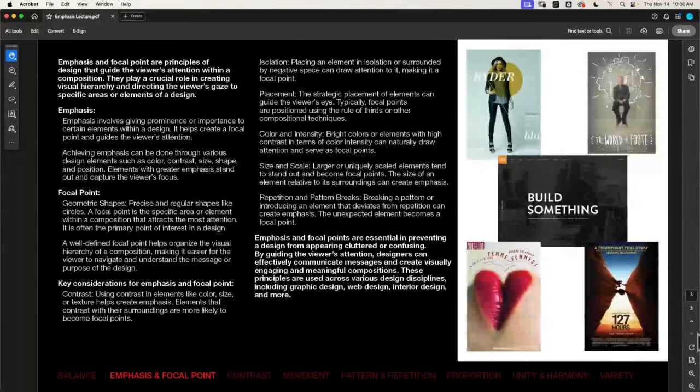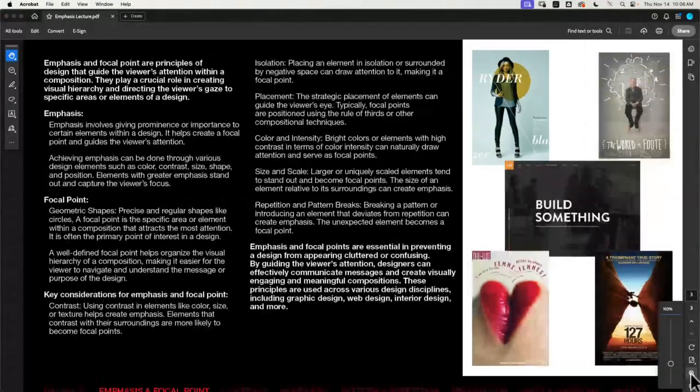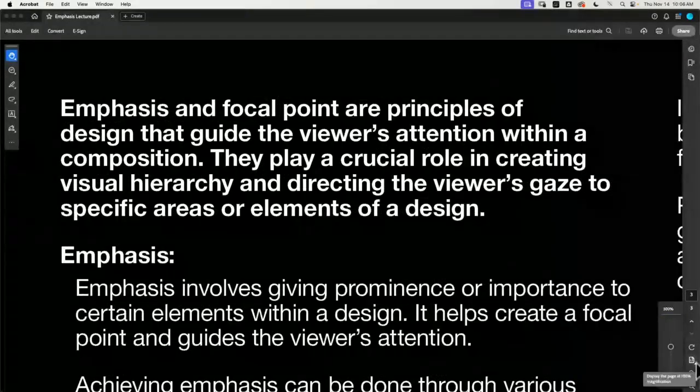All right, emphasis and focal point. Let's zoom on in and talk about this. This is based off a hierarchy. When you are designing a piece,